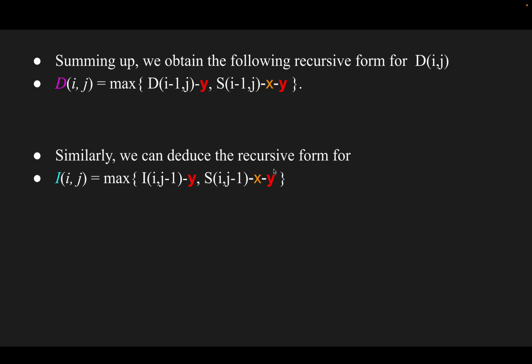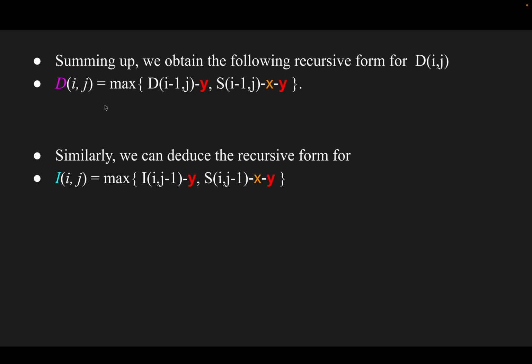Summing up, we obtain the following recursive form for D_ij. So D_ij is here, and you can see the recursive form for i and j. We take the maximum over the previous one, D_{i-1,j}, and also S_{i-1,j}, but for the